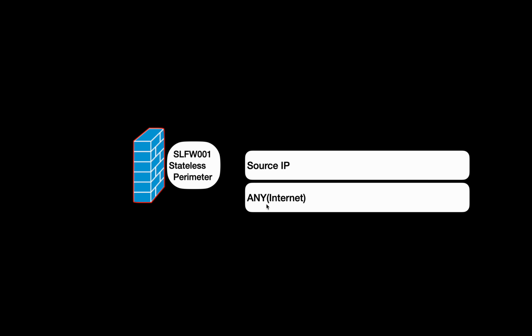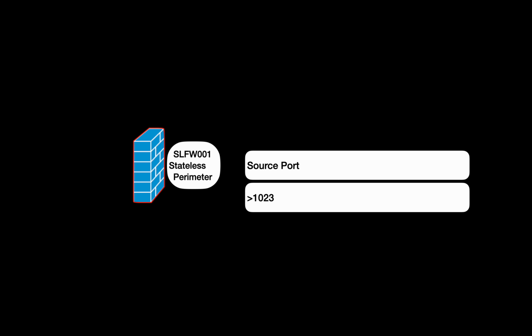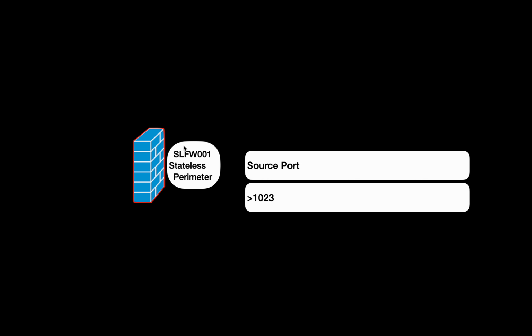So we can configure the source IP: which IP should it be connecting from, which IP should we allow, and then to what server. So we have a server here with web 1.192, perhaps in our demilitarized zone. We allow a connection from the internet going into any. So when we say any, we have the internet as the source IP, and then web 1 is our destination IP, our internal server, and this is behind the stateless perimeter, so it's a demilitarized zone. So we will allow anything from above 123 to connect